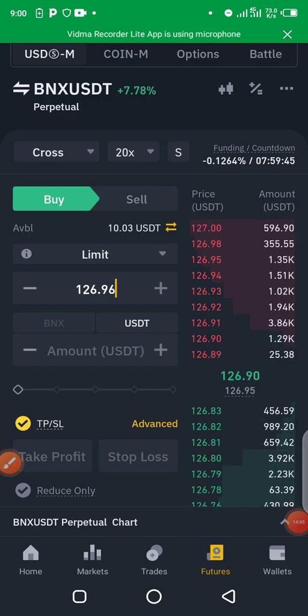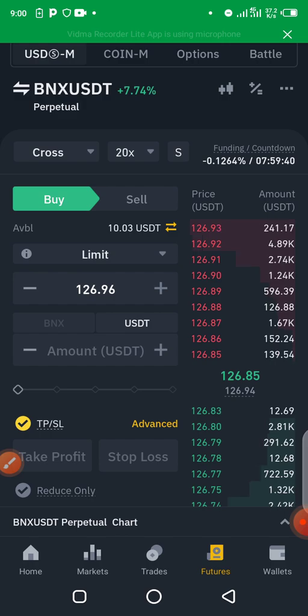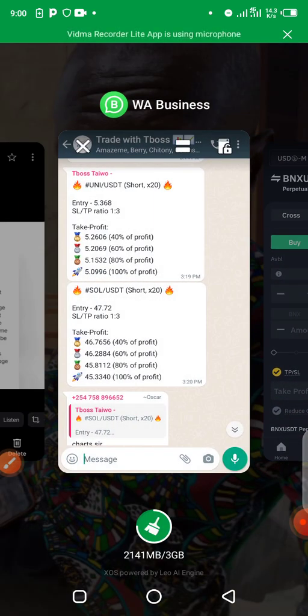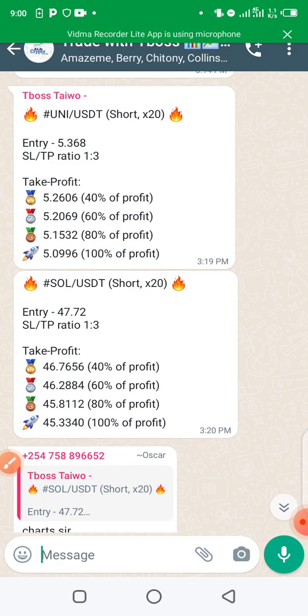Yeah, so let's say a signal was sent on our group and you want to place it on your futures. This is just how it's done. Let's go to the WhatsApp group. Let's say a signal was sent in there. So click on it. Now you can see we have UNI USDT short. So we are going to be buying, or rather shorting, on this. And then the leverage, you can see the leverage is 20x. So you go to your Binance,